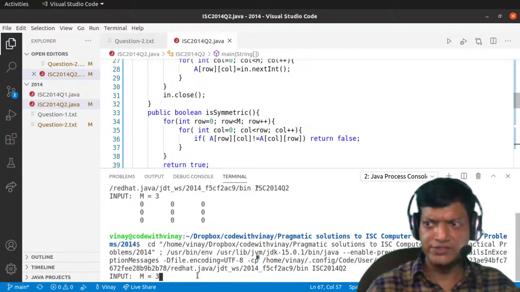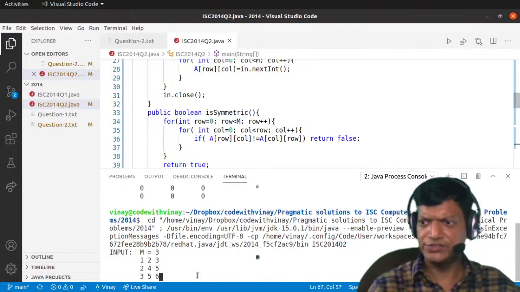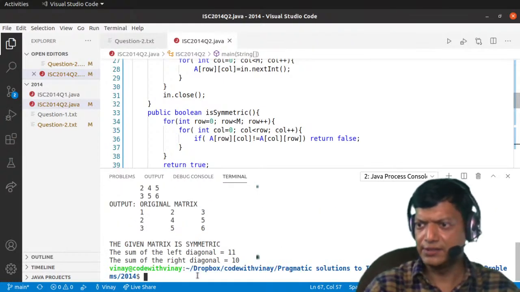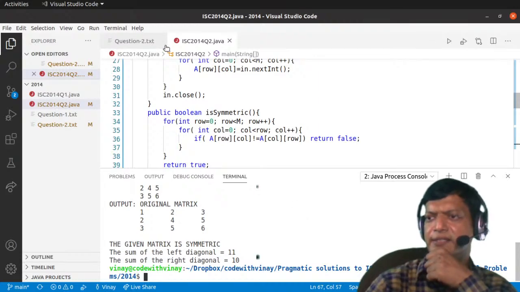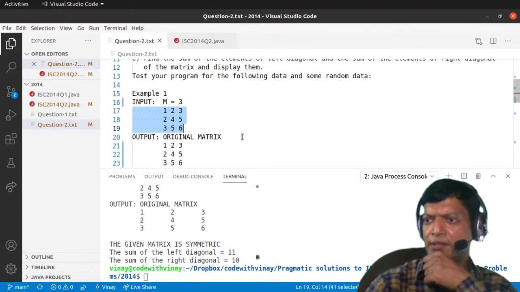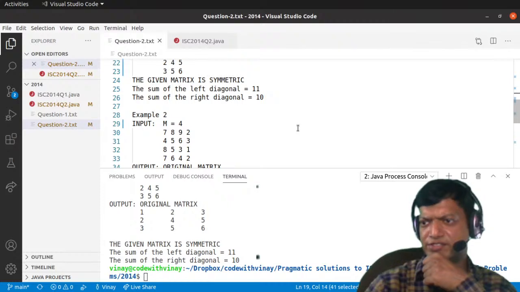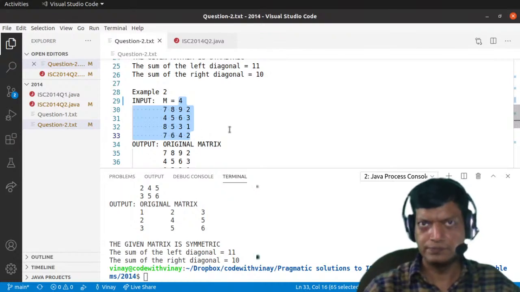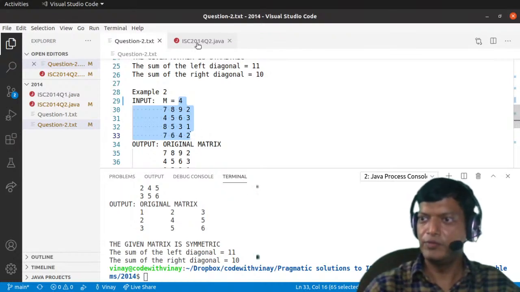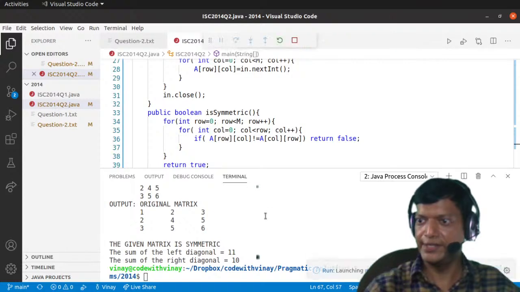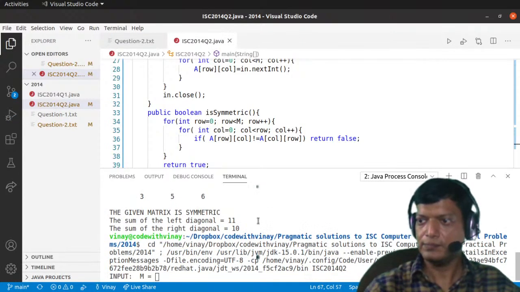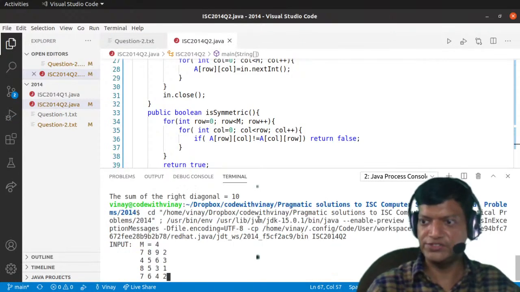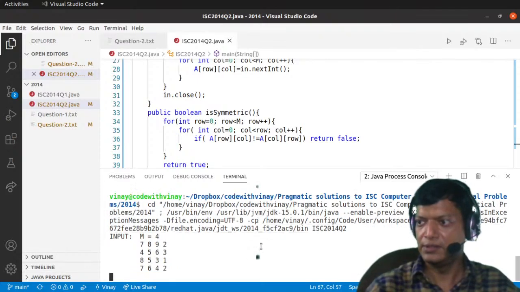So m is 3, and then I just paste the whole input, press enter, and 11 and 10, the matrix is symmetric. The first thing is working. Let's copy the second one also, and let's be a bit more lazy now. We'll just copy paste everything. We'll run it again and paste the whole stuff, press enter,